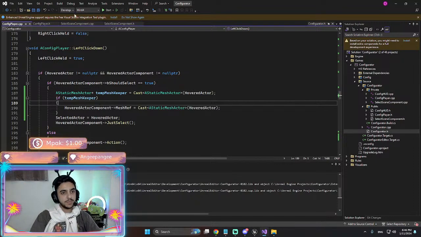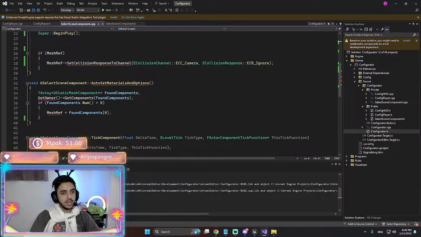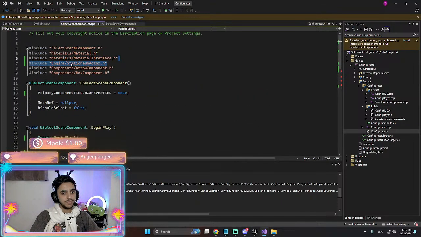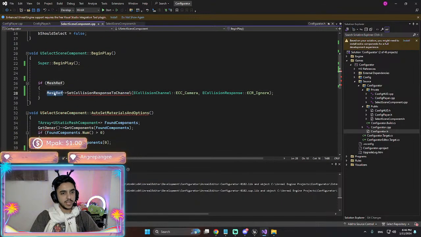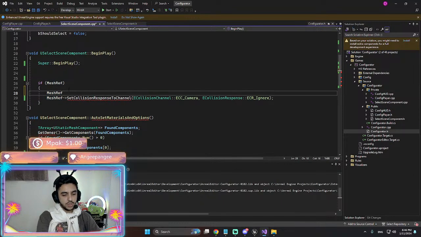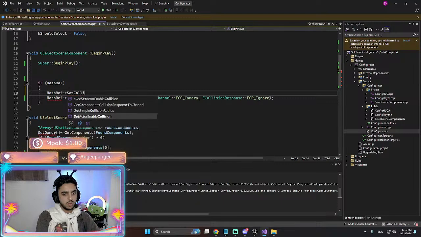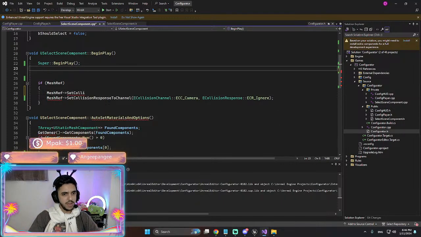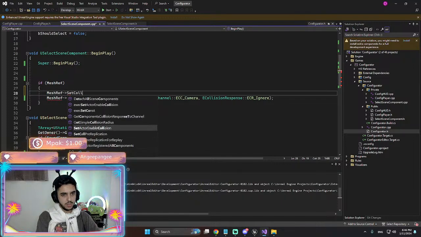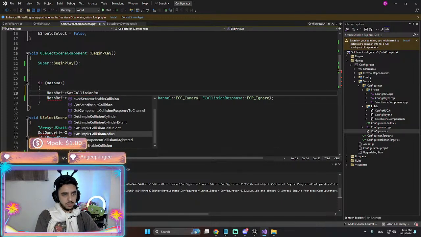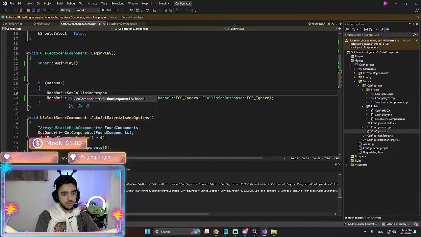Let's try. And here I'm going to go. Seems like we have a bunch of errors, right? I want to say mesh ref, set collision. So we have everything. Response. Okay. Set collision response.